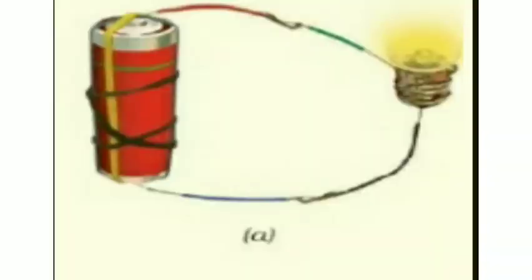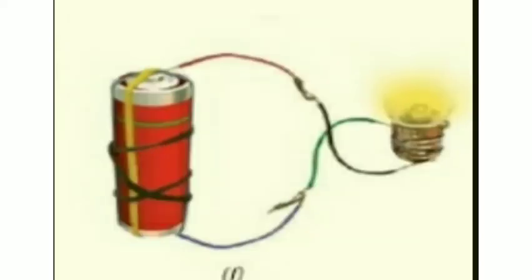Now let us discuss about an electric circuit. What is an electric circuit? Electric circuit is a path along which electricity can flow. So dear students, in previous activity we saw that we connected one terminal of the electric cell to the other terminal, and we noticed that in figure A and F the two terminals of the electric cell were connected to two terminals of the bulb. Such an arrangement is an example of an electric circuit.